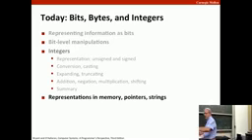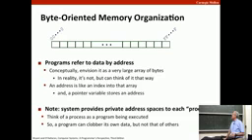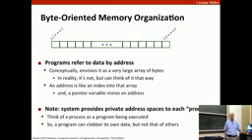Okay, so the final thing to talk about today is some of the low-level representations of numbers within memory. The main point is, when you are running a program on a computer, from the programming perspective, even as an assembly level programmer, not just as a C programmer, in your mind, memory is just this big array of bytes that's numbered from 0 up to some maximum number. So for example, in the machines we're using, the 64-bit machines,